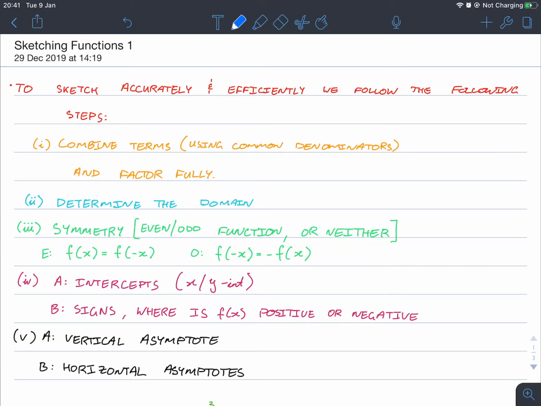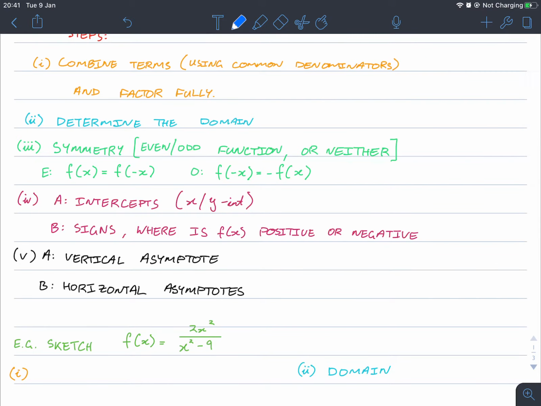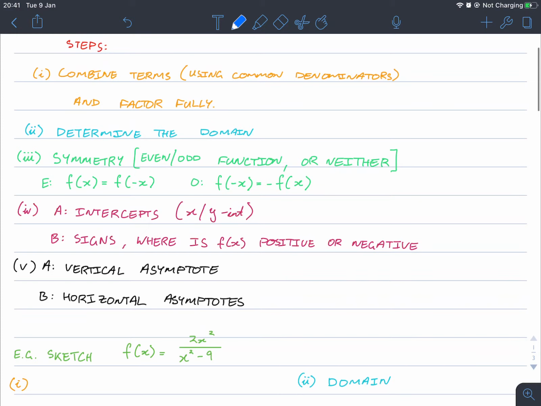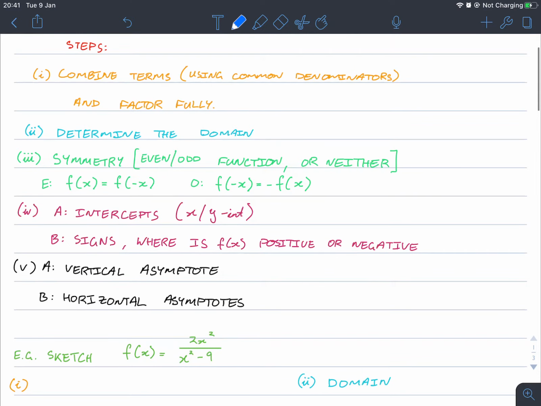To sketch accurately and efficiently, we follow the following steps. Okay, I'd read you the steps, but I'm going to do them as we go along. So you can pause the video, copy this down, but I'm going to go through these steps in 3, 2, 1. Here we go. So the first step we need to do is combine the terms using common denominators and